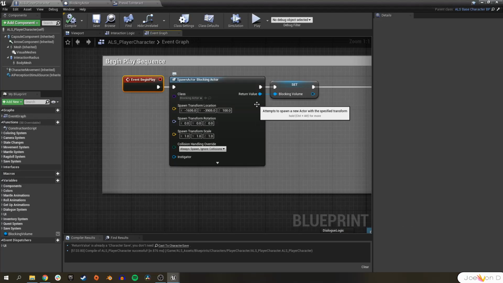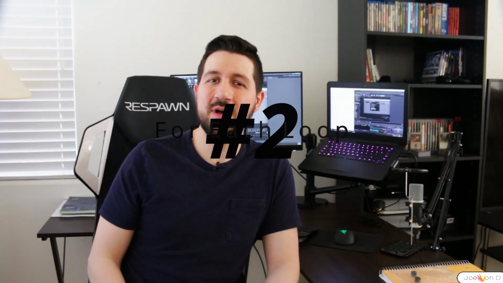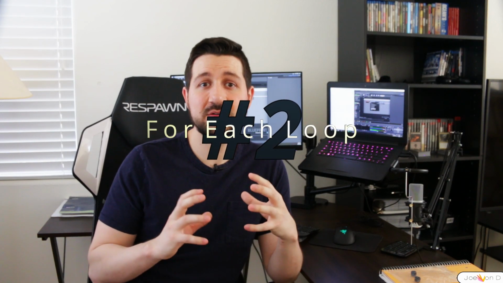One of the main positives is that you can promote this specific instance of the blueprint to a variable and have access to that specific instance at any time using this blueprint. It can be a little confusing when you're first dealing with blueprints inside of another blueprint, but it can be a really helpful tool. The second type of function that we're going to go over is called a for each